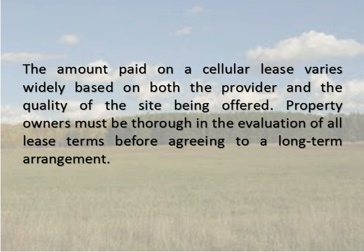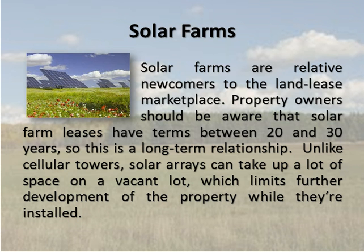The amount paid on a cellular lease varies widely based on both the provider and the quality of the site being offered. Property owners must be thorough in the evaluation of all lease terms before agreeing to a long-term arrangement. Solar farms. Solar farms are relative newcomers to the land lease marketplace. Property owners should be aware that solar farm leases have terms between 20 and 30 years, so this is a